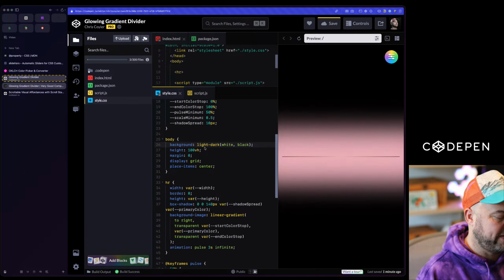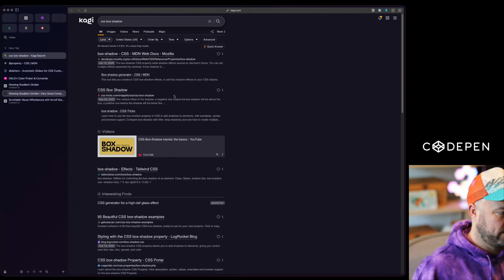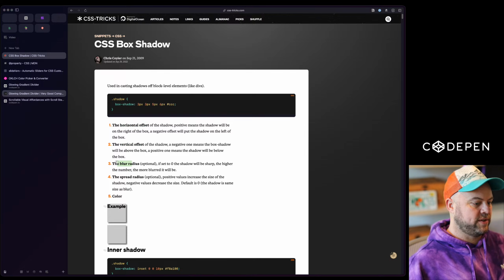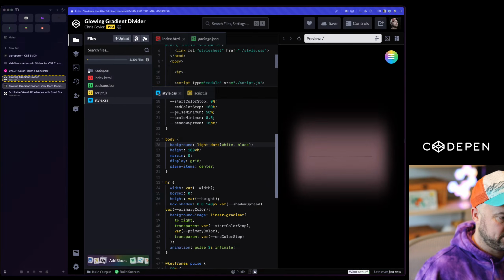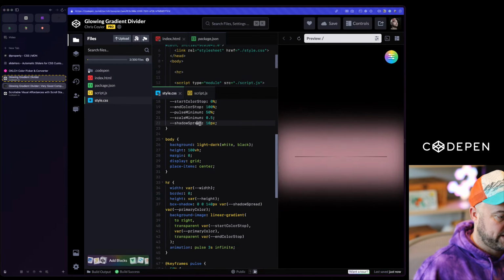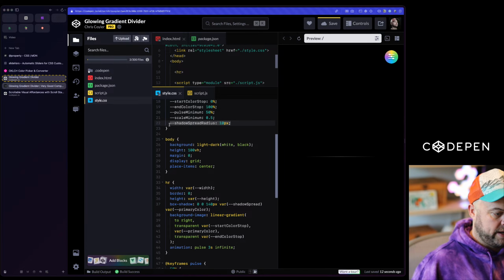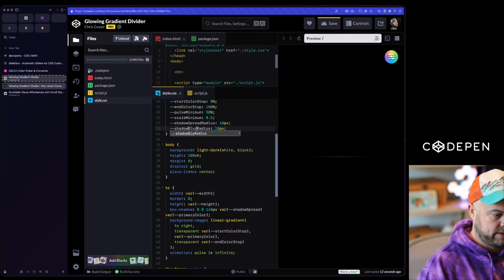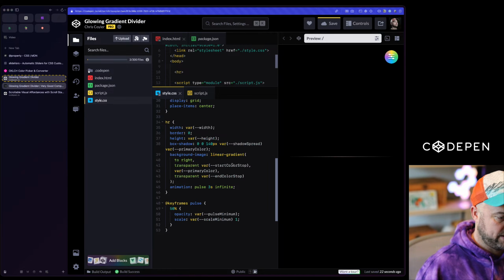What is the third value in CSS box shadow? Should we check CSS check, see if it has it? Horizontal offset, vertical offset, and blur radius. And then it was spread radius, so we could just do it correctly. Shadow spread radius and shadow blur radius. So that was like 100 it started out as. So now we'll make them